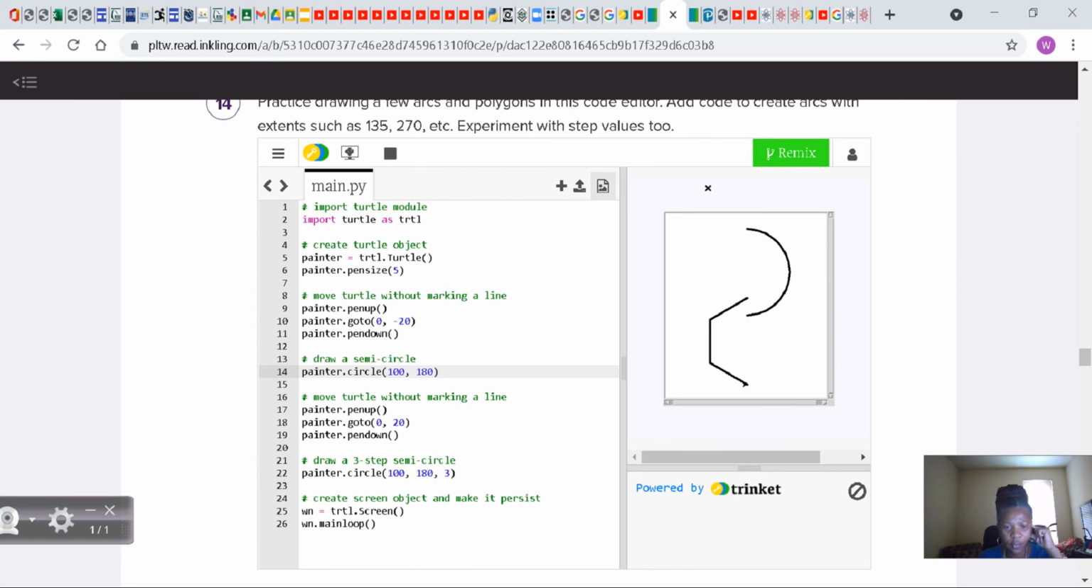And then we're going to pick the pen up. We're going to go to 0, positive 20. We're going to put the pen down. And we're going to draw a 3-step semicircle. And it has 100, 180, and 3. So you can see it here. Okay? All right. So now I'm going to add to this, because now I want to